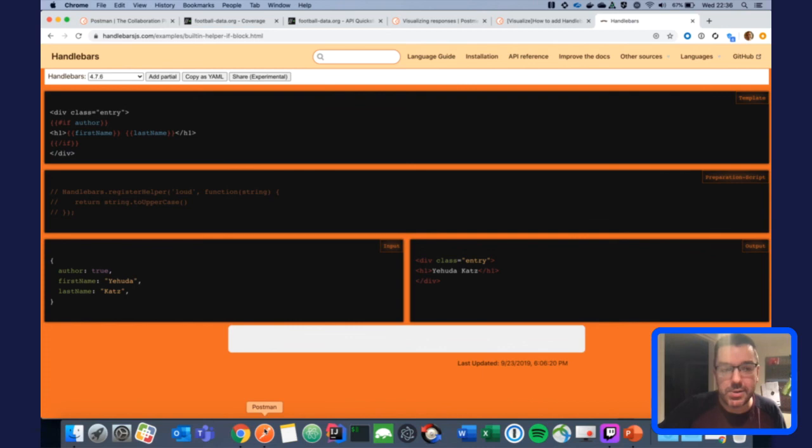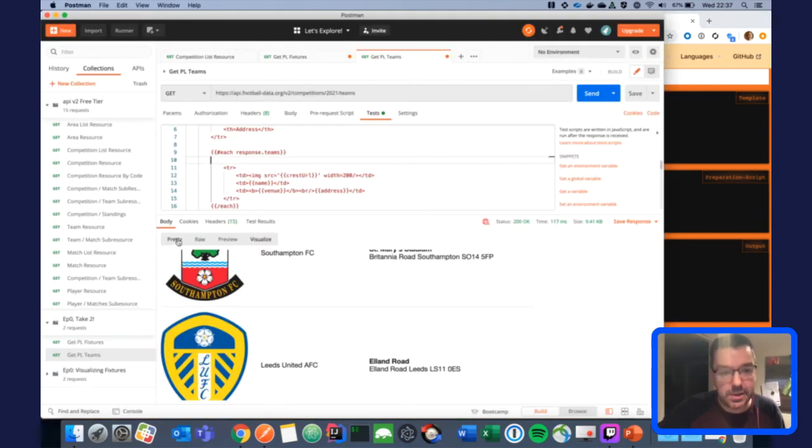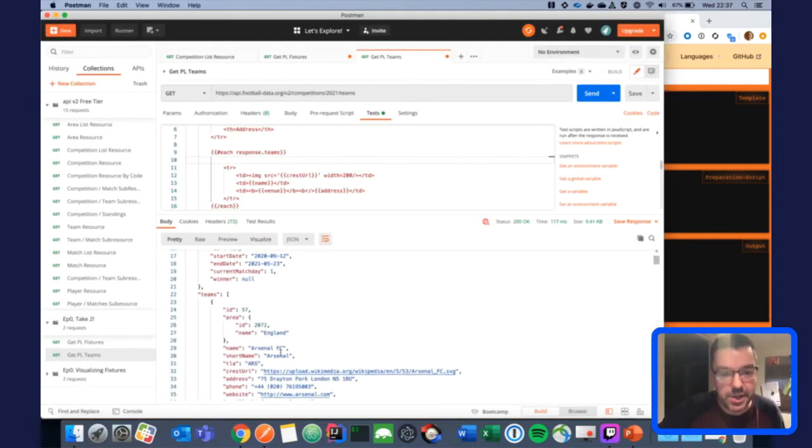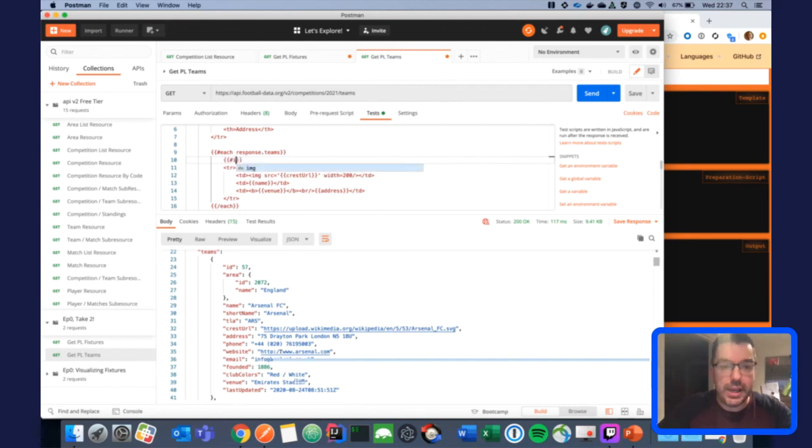Now, what I realized when I was looking through the team data is there are some values that can come back as null. And one of them is if